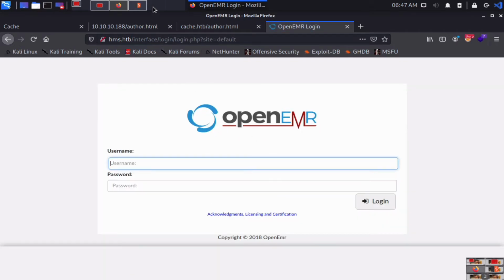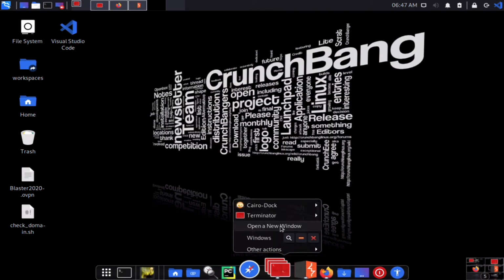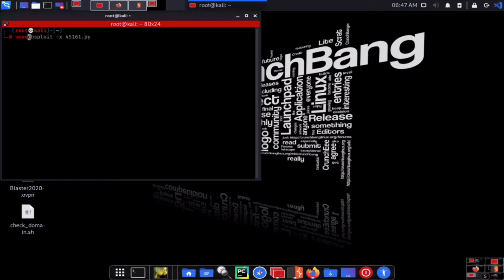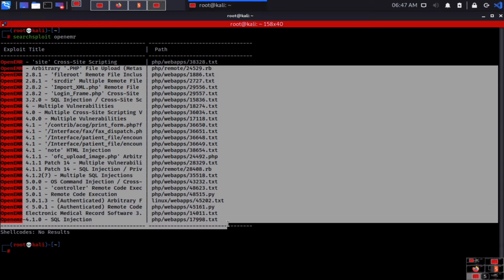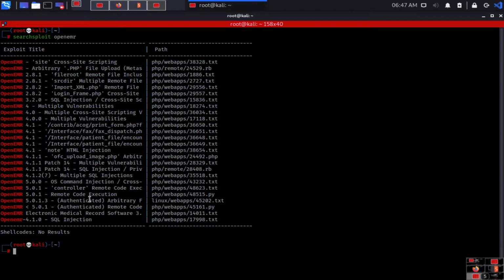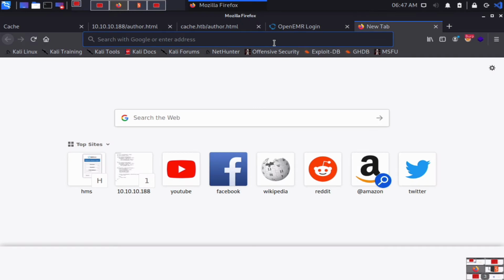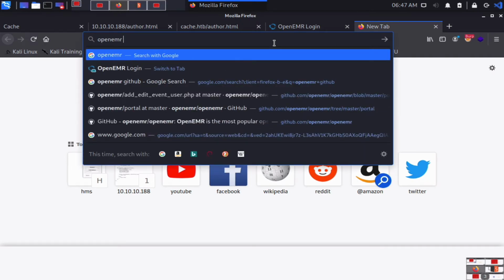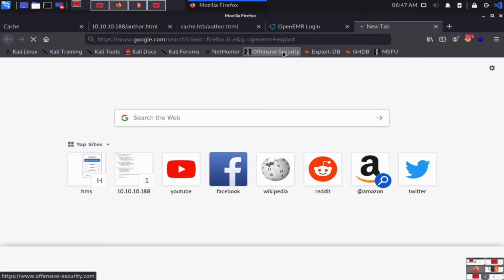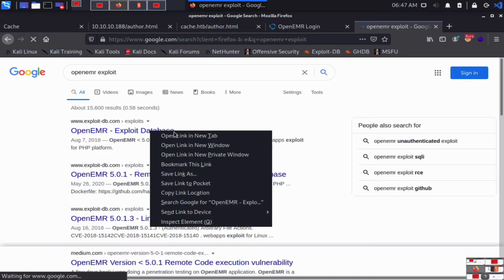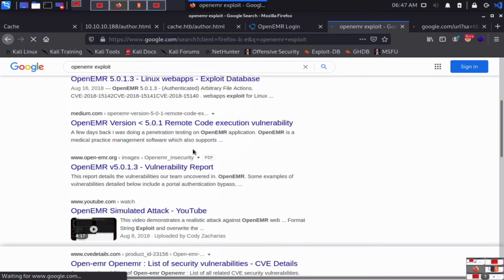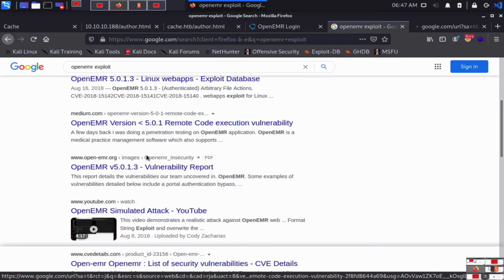And now you can go to searchsploit and simply search for the vulnerability. So I can go here, searchsploit OpenEMR, press enter, and here you go. There are many results, by the way, so it's very difficult from here to tell which one is the correct one. So what I can do is go to Google and do some other recon. Simply search OpenEMR exploit, enter. When you do that, you can navigate to some particular links. Let's open this one in a new tab. Let's try this also. This is something different.